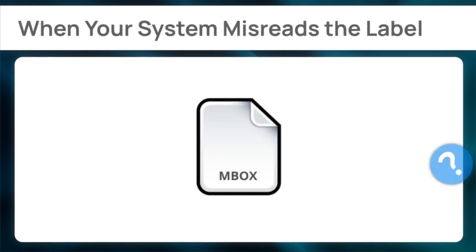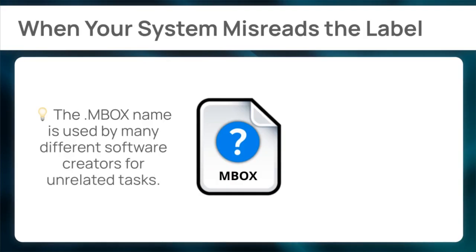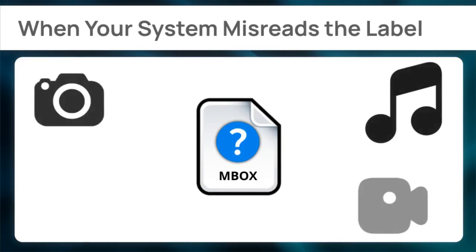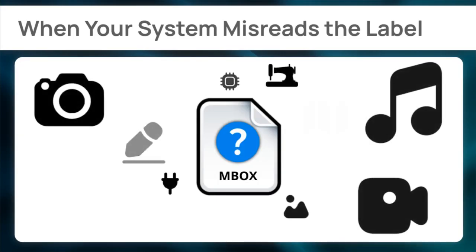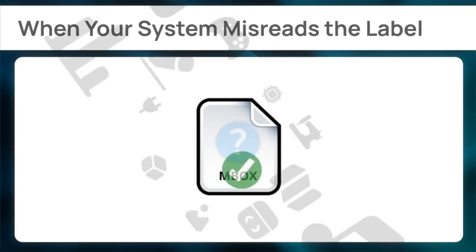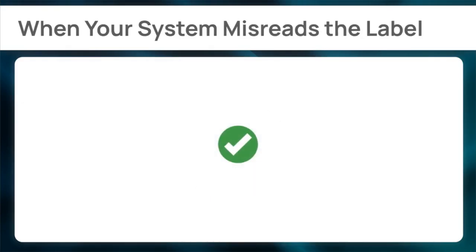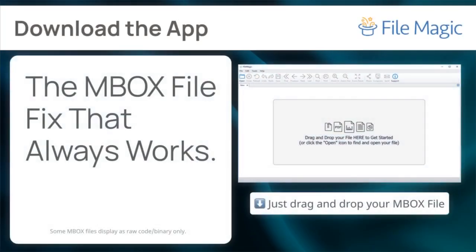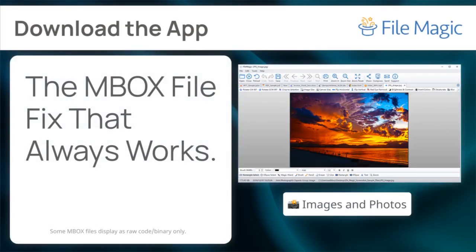If compatibility checks failed, it is likely because the file extension name is shared by different developers for unrelated formats, causing your PC to use the wrong reading language. An effective path forward often involves using a format-agnostic utility that is designed to prioritize actual data content over the potentially misleading extension name. Since the manual approaches didn't work for the file, the smart move is to use FileMagick,